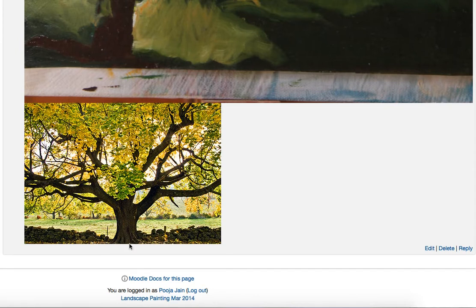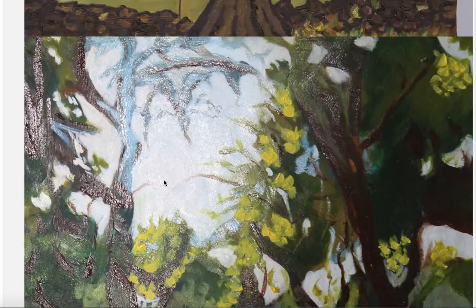The trunk is divided into shadow shape, like this is the shadow shape here, and then there is a part of the trunk which is influenced by the yellow color of the leaves. So we have a lot of yellow lighter values around here and in the bottom, and everything which is going back is dull and light. So let's see your painting now.